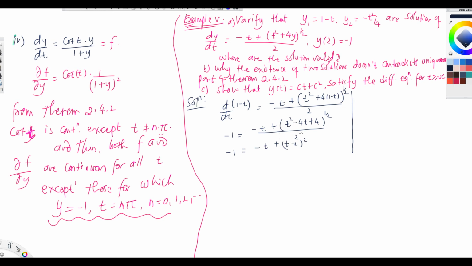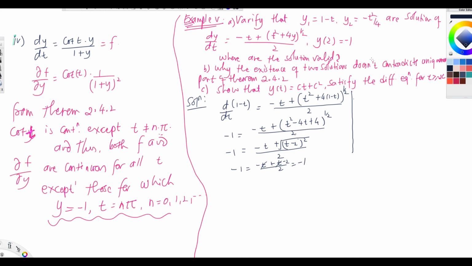The exponent 1/2 means under root. You can write it that way, over 2. What do you get? You get negative 1 equals negative t plus t minus 2 over 2, right? So that negative t and positive t will cancel out, so negative 2 over 2 is negative 1. So left hand side and right hand side equal, meaning y1 equals 1 minus t is